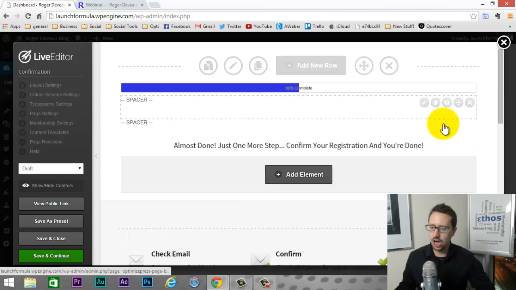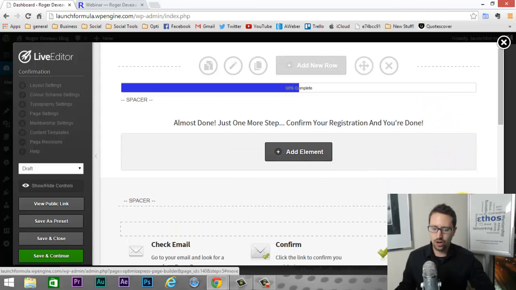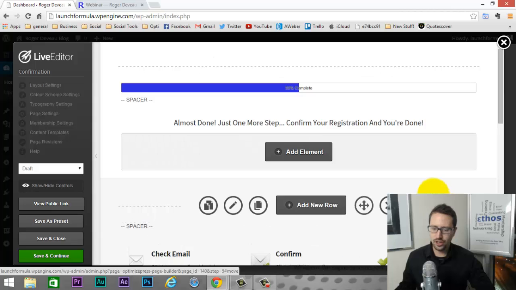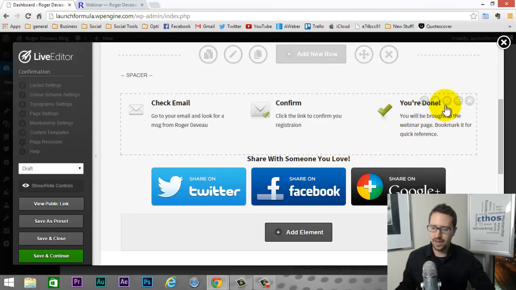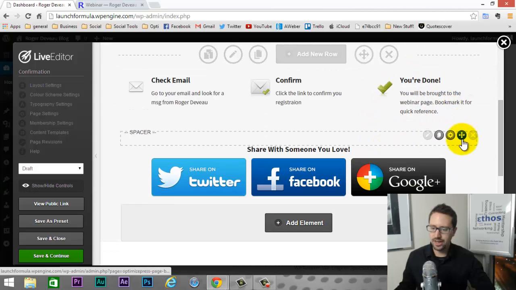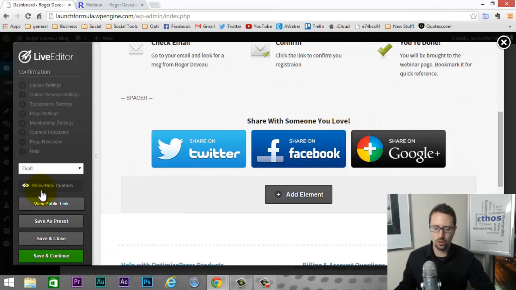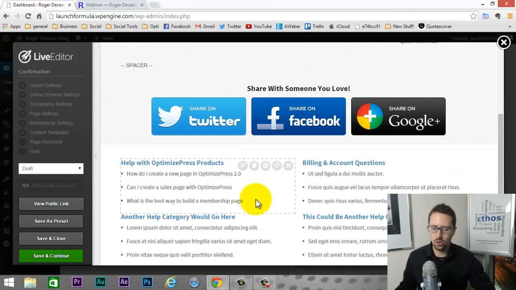And then what I'm going to do is copy that spacer, and I'm going to drag it down, maybe right above my graph here. Again, just add a little space. And I might even just drag it down again, put it right above my social sharing. So when I take away my controls,